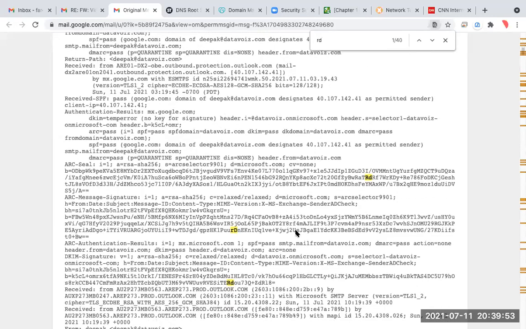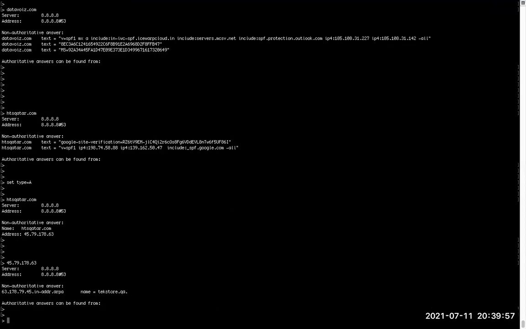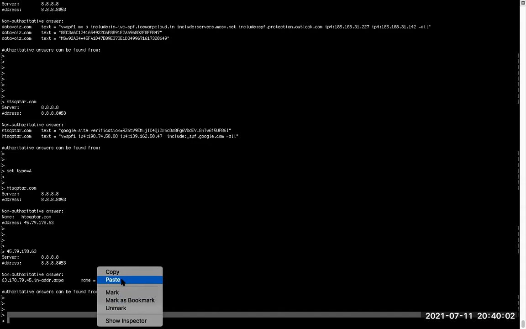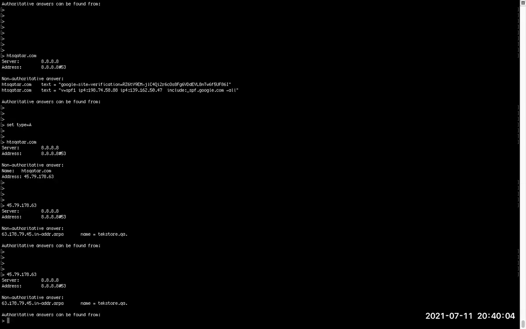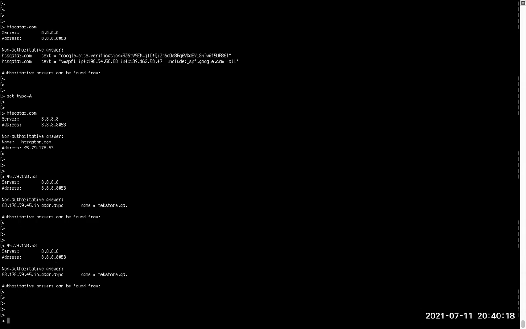I'm not taking your time, but you can just type the IP address here to check whether reverse DNS is available against it or not. It will show you the name against that IP. Actually, it simply means you purchased the IP, and you are the owner of that IP. So that is reverse DNS.